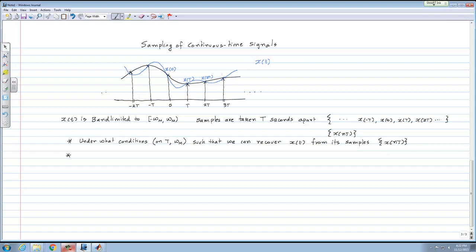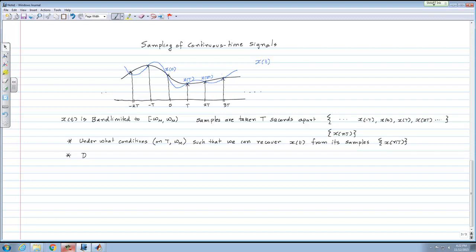Typically, instead of couching this problem in terms of sampling instant, we can also ask for what's called the sampling frequency. So we can define 2 pi over T as a sampling frequency. If I'm taking samples T seconds apart, I can think of the sampling frequency as 1 over T hertz, or equivalently 2 pi over T radians per second. And we can ask the same problem in terms of sampling frequency instead of sampling time. So maybe I will just write that also.